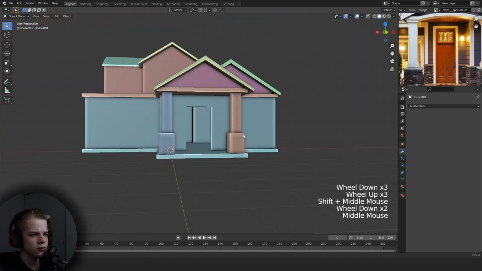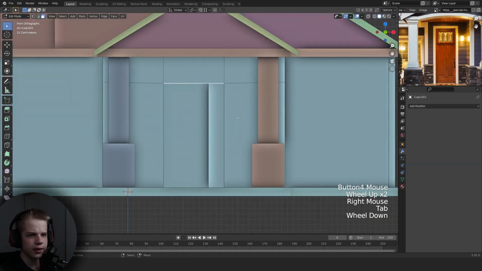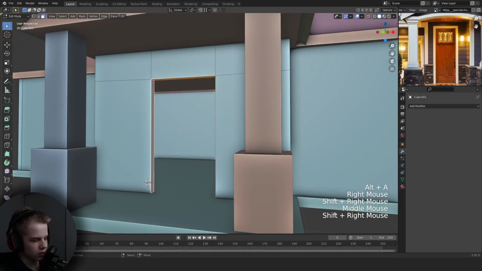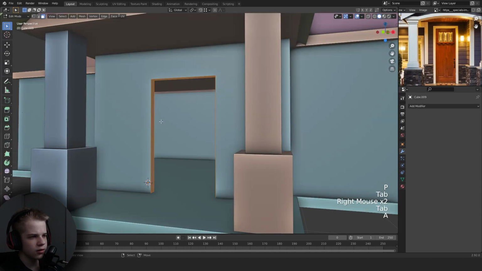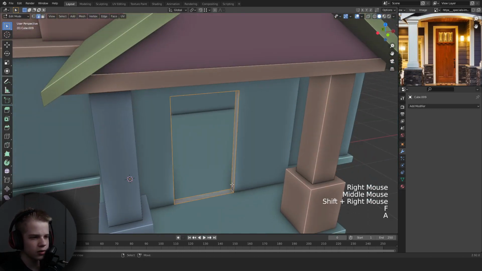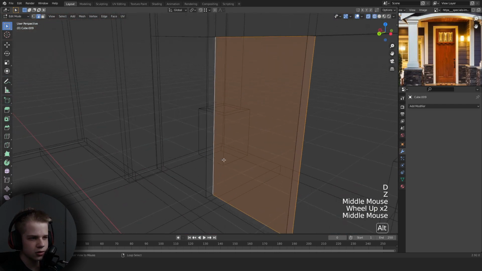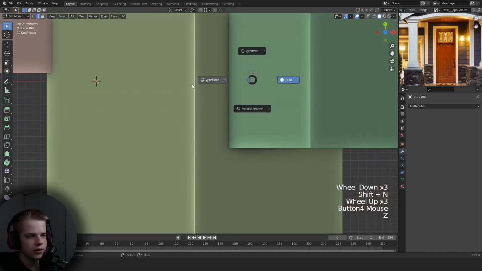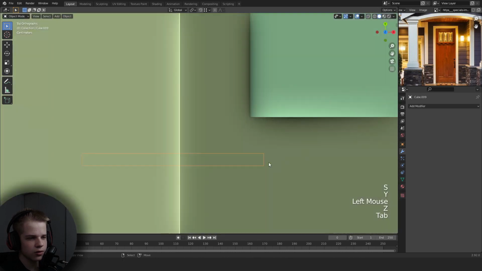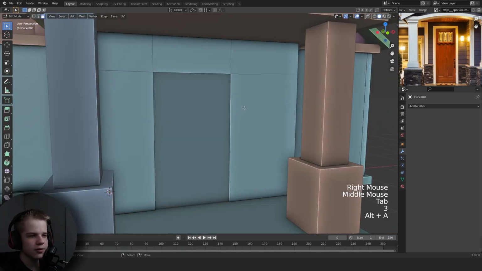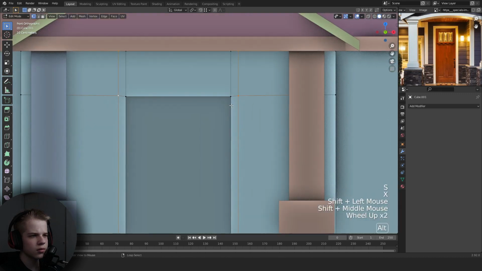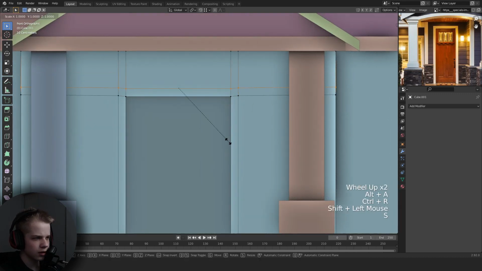and then we can go and make a door. So I guess to make a door, we can just select these three faces, Shift D, P, and then select it, fill in this face, and then select this edge and this edge, and then just recalculate the normals with Shift N, and you have a door. So we can just scale it down on the Y, and then we could also just go add 2 edge loops, and then scale this in on the X, and then drag this down, Z0,